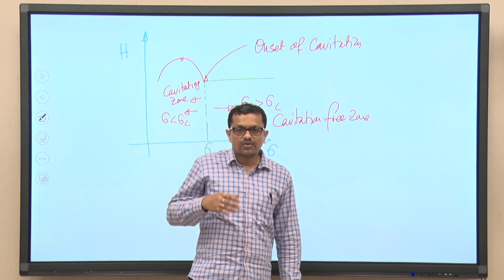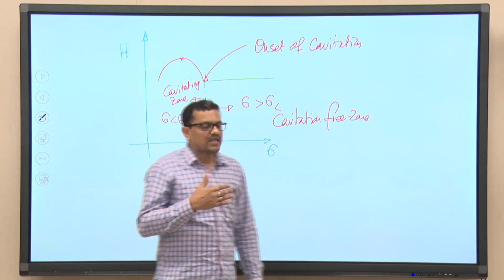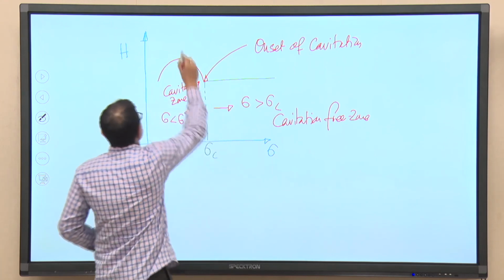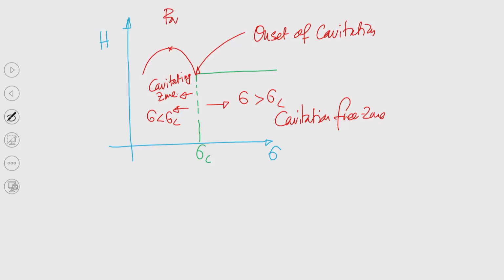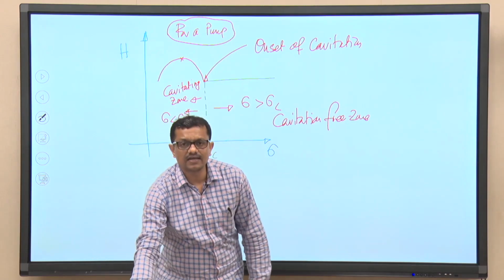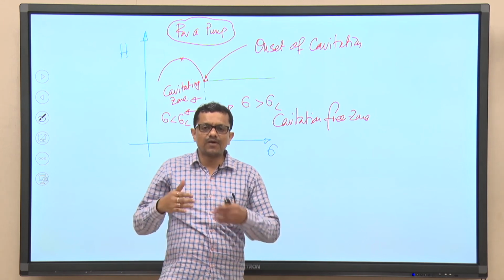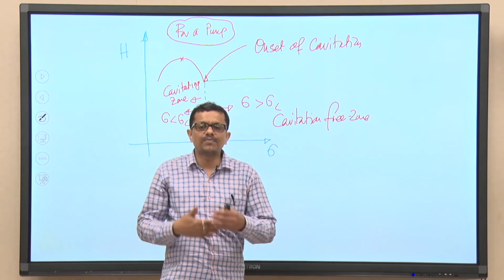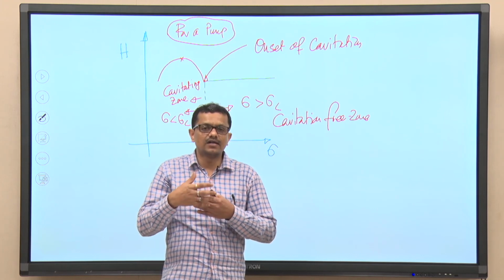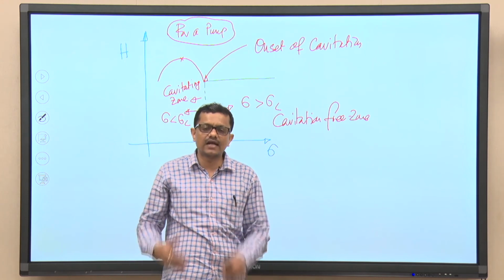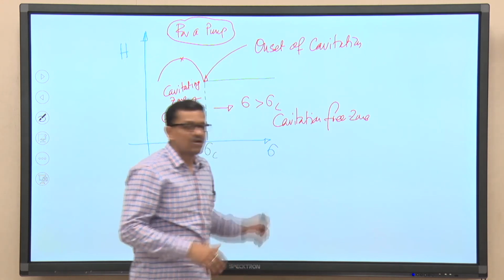So, we have understood that, to avoid cavitation of a radial flow pump, and this is for a pump, definitely not for a turbine, there is a condition for cavitation. If we properly design the system, and properly design the pump, with its geometric parameters, then cavitation can be avoided despite the fact that frictional losses are there.